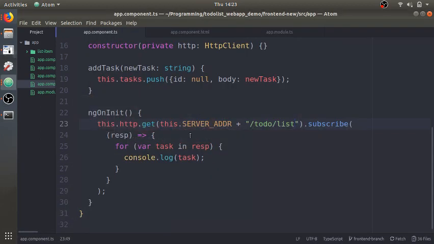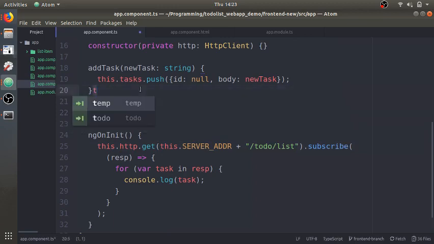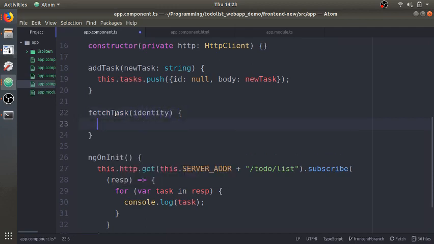So let's go back to the code. So far, we've written a function to contact our server and give us back these numbers as values. These are just the IDs of the values themselves. So let's go to fetch. Let's make a new function called fetch task, which takes in an ID. And this function, similar to the earlier one, will do a get request. And we want it to go to